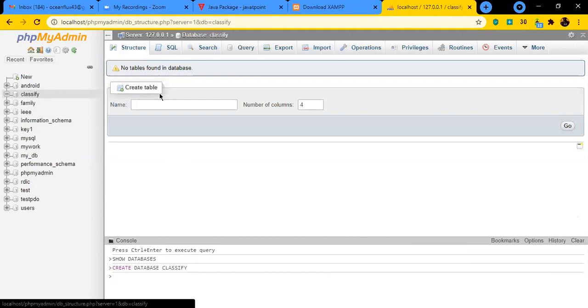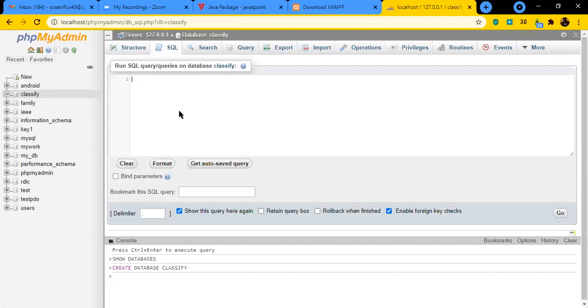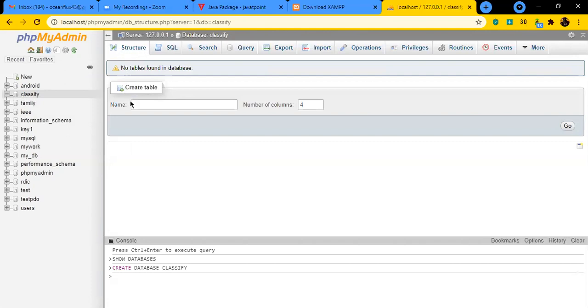When we click on this, there are no tables available over here. So directly we can create a table by clicking over here, or else by going to the SQL console, you can directly write a query. There are two ways, so that's why I'm telling you about this one. Either you write a query over here, or else by clicking over here, you can create a table directly. Like create a table, you have to give the name student. I'm giving the name as student.